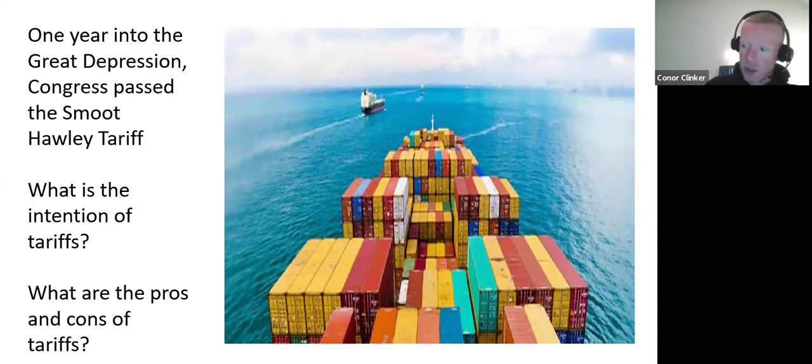So let me walk you through a quick oversimplified example. Most things on sale at Walmart are made in China, as you know. A lot of our consumer products are made in China. Why? Well, because things made in China are cheaper than things made in the US, because China has a much lower cost of labor. Chinese workers are paid far less than American workers.